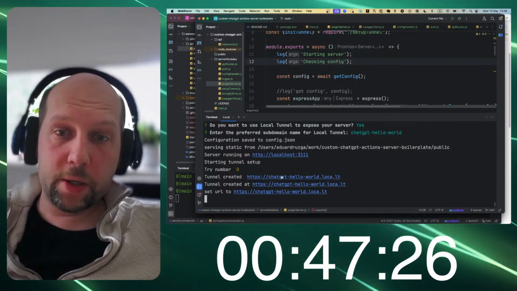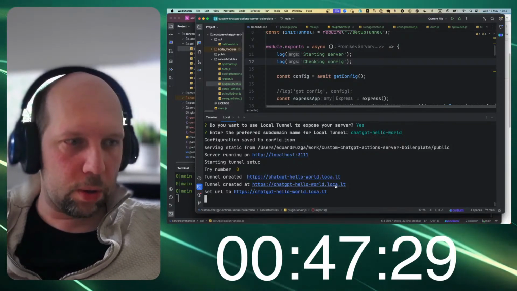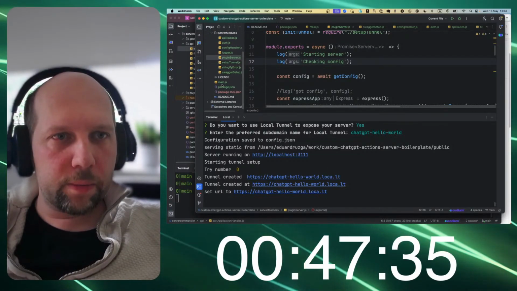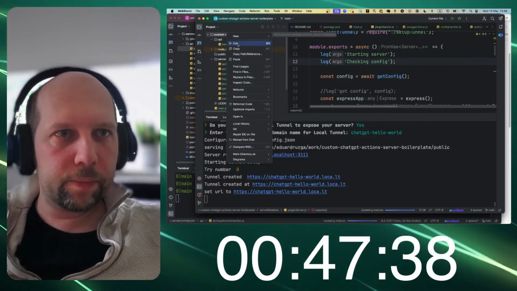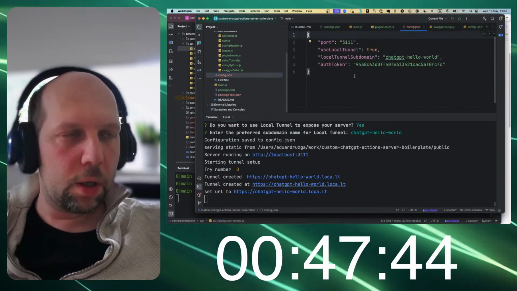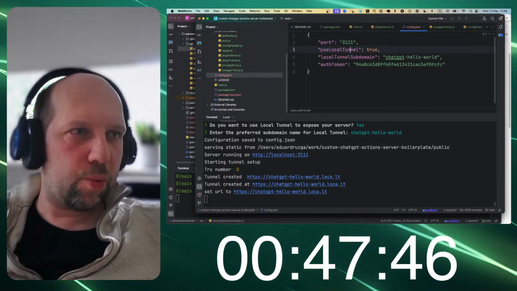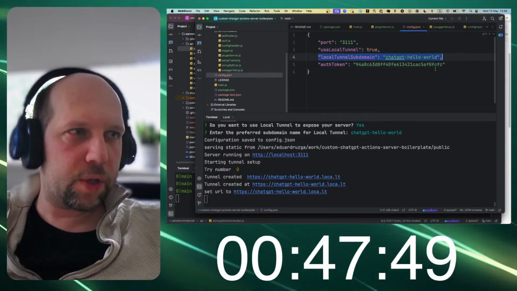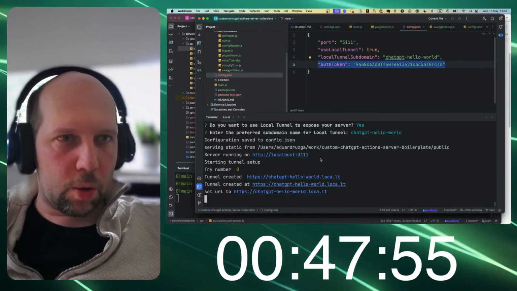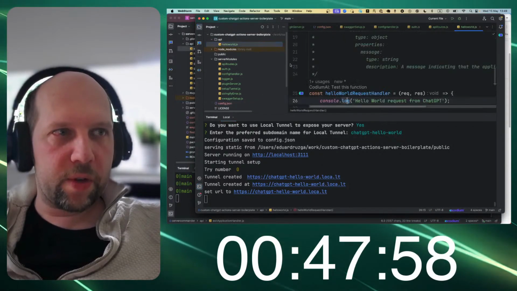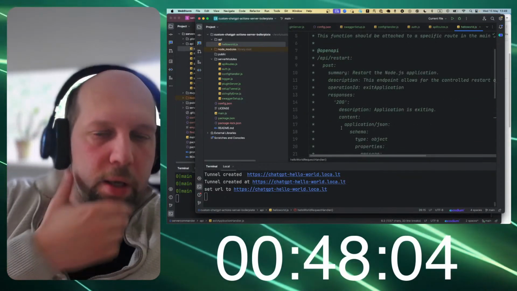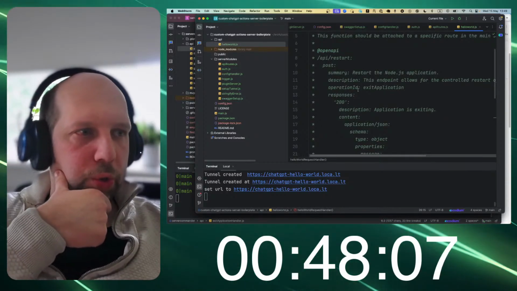So a server has started on ChatGPT hello world.local.lt. It also created a config file locally. Let's actually refresh. Yeah, here is the config file. So this config file contains port. We're using local tunnel. We will be using this kind of subdomain on local tunnel, and it also generated an auth token. Now we do have an endpoint, but it doesn't have the correct OpenAI specification. Now it's kind of verbose,